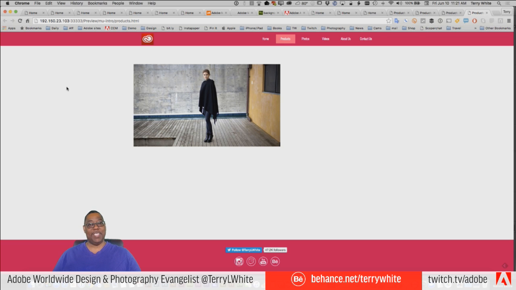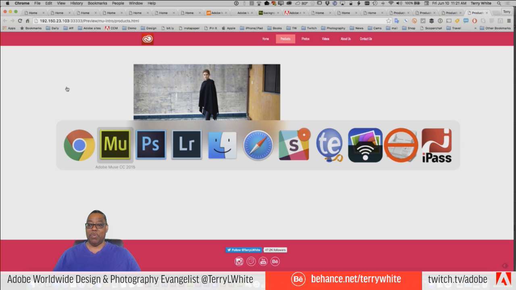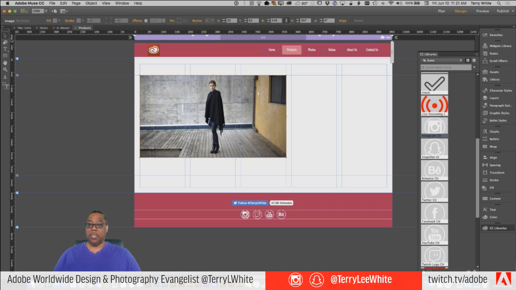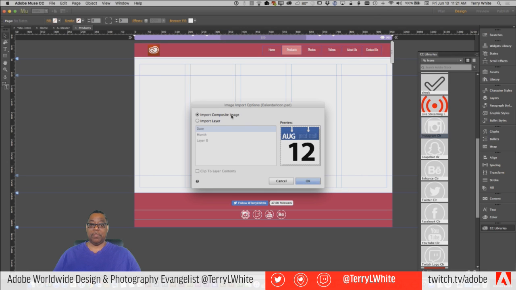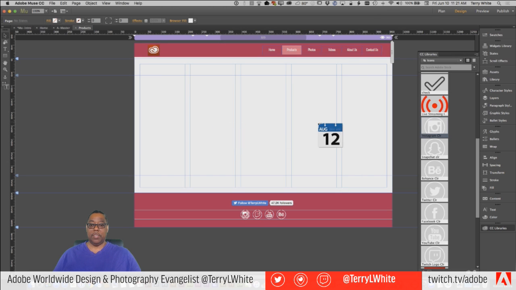If it's a static graphic that's never going to change, yeah, go ahead and make a JPEG. No reason to use a PSD. But if it's an image that is going to be changed from time to time, here's an example that I use on one of my sites. I don't have to use it as much as I used to have to use it, but let me show you what it is. Let me do a place, and let me grab it, and there it is. Calendar icon.